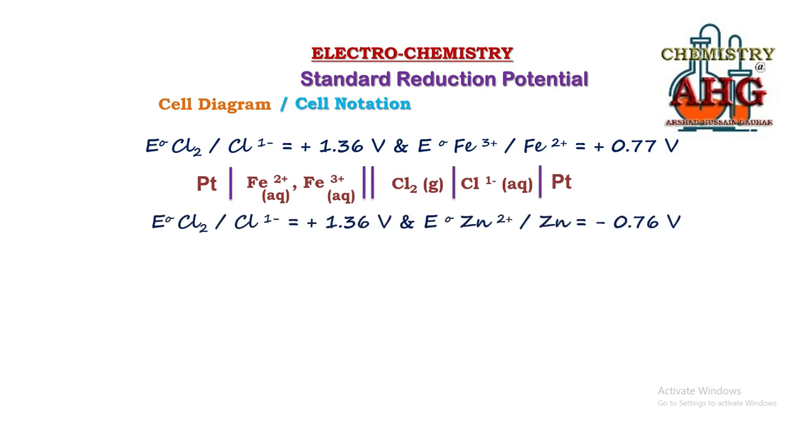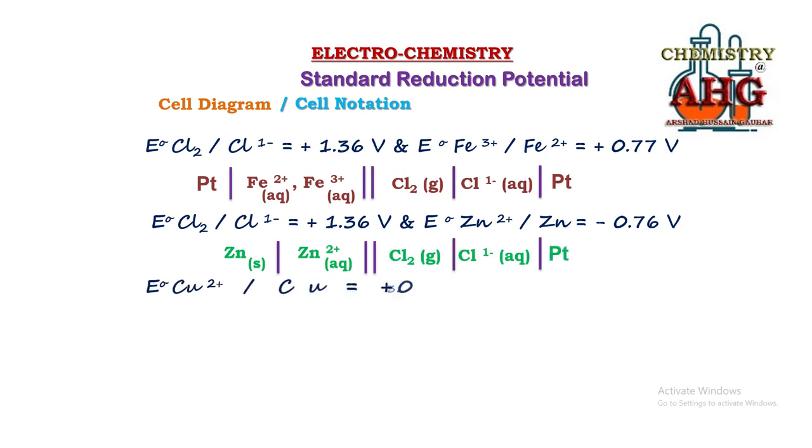Next example. Again you can identify which half cell will act as anode. Zinc. Chlorine has a more positive reduction potential, so it would become cathode. So you will reverse the chemical equation for zinc. You will start from Zn and make it Zn2 plus, Zn solid, Zn2 plus in aqueous solution. So you will use a vertical line because there is a change in the physical state. And in this half cell, zinc is a metal, metals are conductors, so no need to take platinum as an electrode. The salt bridge and chlorine half cell will remain unchanged as we have written in the previous case.